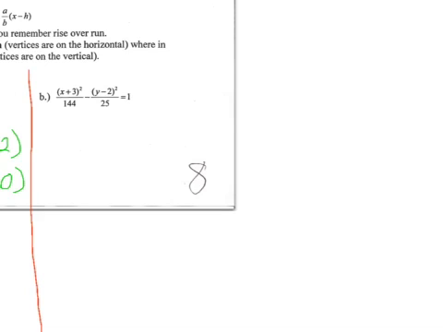Okay, so we have x plus 3 squared over 144 minus y minus 2 squared over 25 equals 1. Okay, so here the x term is first,